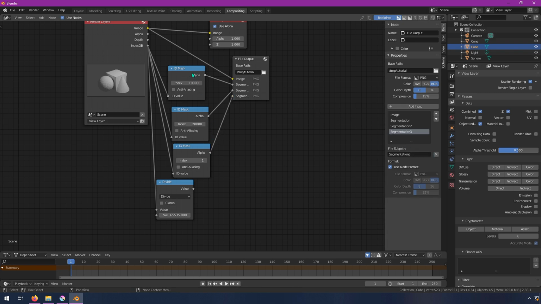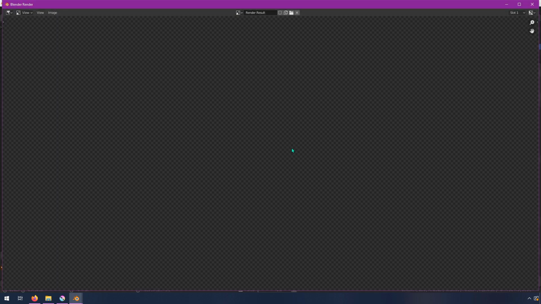Now, the last thing you need to do with this is just make sure that I'm going to change this back to 8, because it's just going to be basically a black and white image at this point. It's masking anything that has this index as being white, anything that's background as being black. So an 8-bit image is perfectly fine. I'm going to set this one to black and white as well, and this one to black and white. And then if I hit F12 to render,